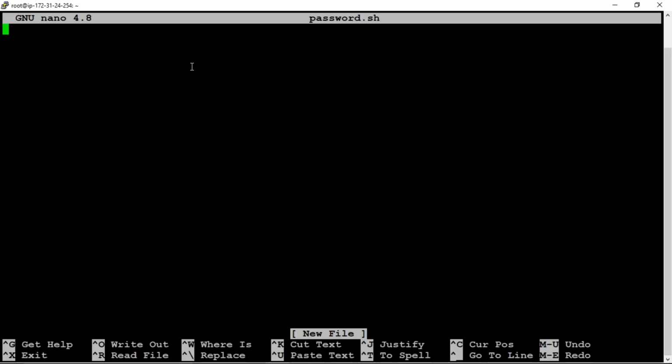And enter the file. The first line is very common and mandatory: #!/bin/bash. And next, here I want to assign a password.